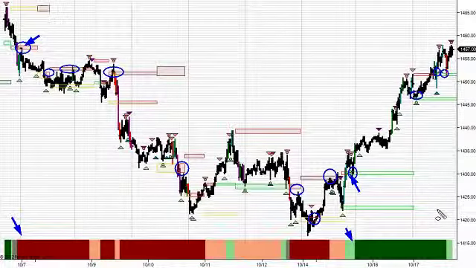So again, swing trading is another opportunity, and I'm just showing the ES. I'm just showing a 30-minute. You can use this on a 5-minute, a 15, 30, 60-minute, whatever the case may be. And again, I want to be clear, this is not quite available yet. It's obviously going to be free to all of our members